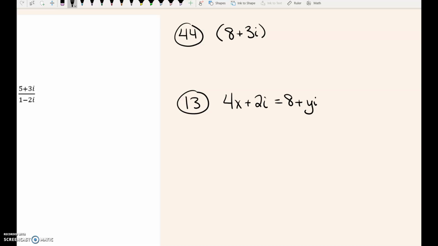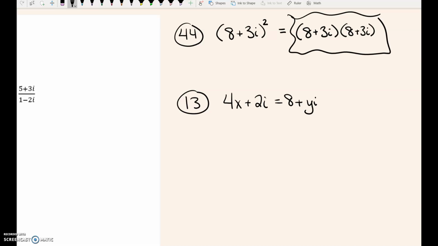Number 44 in the third column, when you have (8 plus 3i) squared, what does that really mean? That means you have 8 plus 3i times 8 plus 3i. So don't forget to do that before you multiply it out. Number 13, it's really just saying this first part matches up with 8. The second part matches up with yi. So